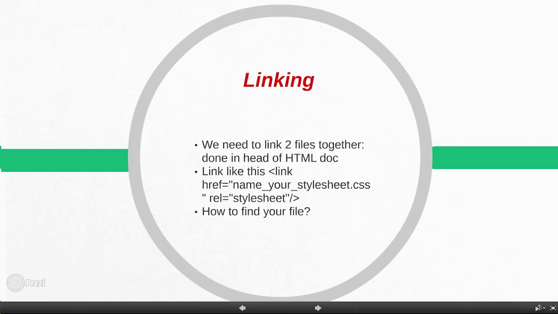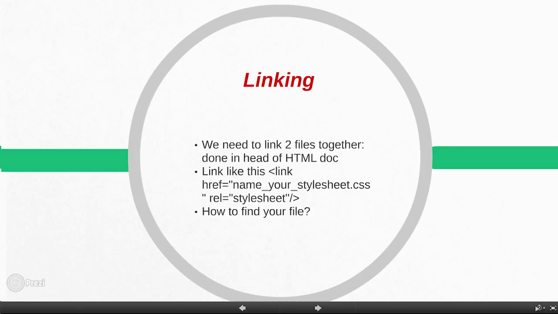Yeah, so we need a link, right? Everybody's gotten this. So we need a link to link the two files together. In the head of your HTML file, you need to insert a link. So you have a link tag, and then inside you have an href attribute that says wherever your file is. This was causing some people some problems, because on your computer, ideally you want both